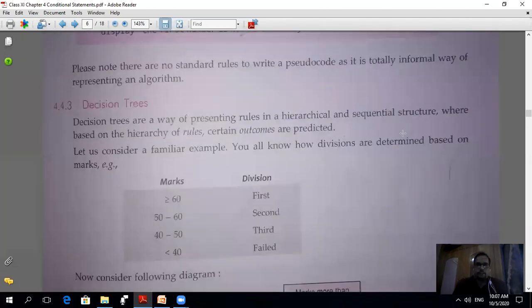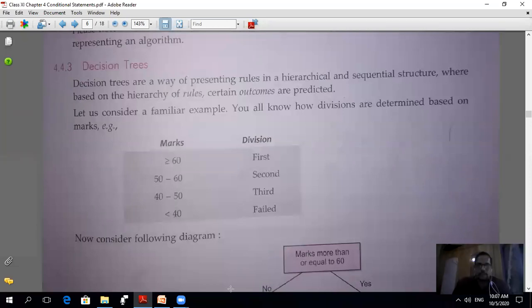Today we will continue with decision trees. Okay, so what is a decision tree? Decision trees are a way of presenting rules in a hierarchical and sequential structure. This word is important: hierarchical.